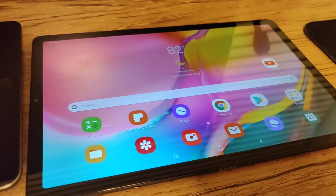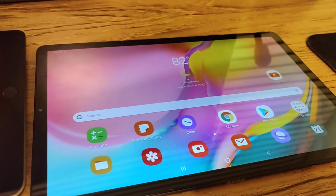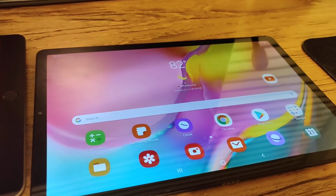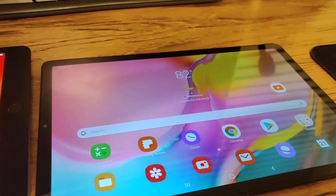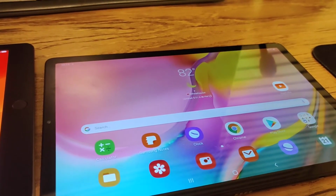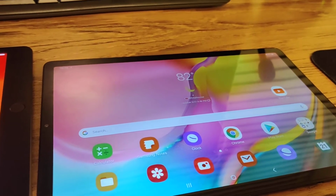The Tab S5e. This is probably going to be the one that ends up my personal tablet, or it almost surely is. And the story behind it is, if you listen to my videos, you know I'm on this forum called Slickdeals all the time. And they had a